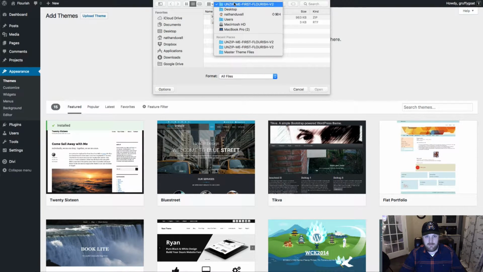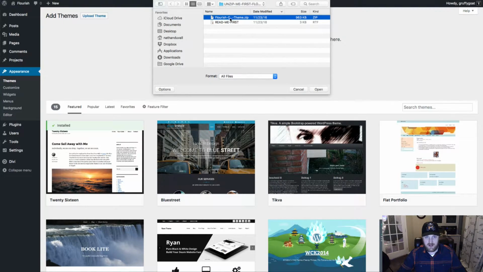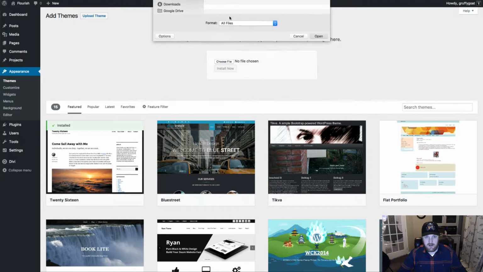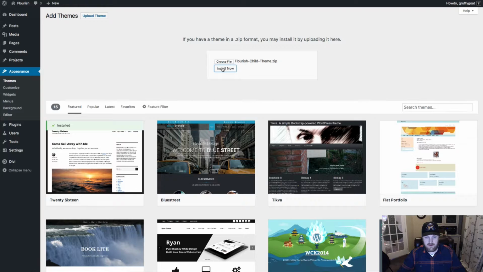You'll have a main folder called Unzip Me, and then whatever the name of the child theme is. That's the folder that you've downloaded once you have your purchase receipt. Go ahead and download that, unzip it, and inside of that folder you will see the actual child theme. That's what you want to upload to your themes page here. So go ahead and click on that, hit Install Now,